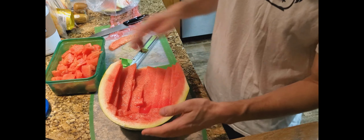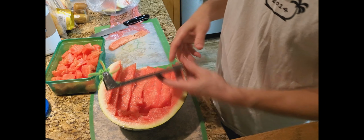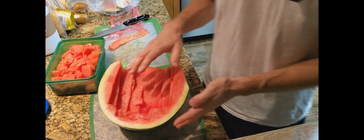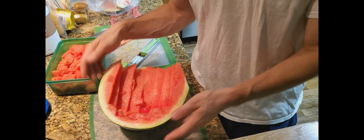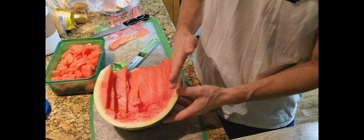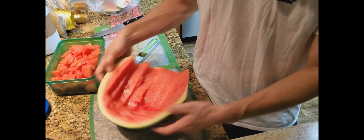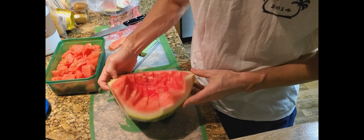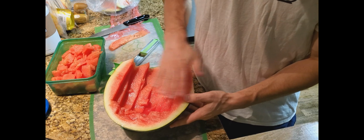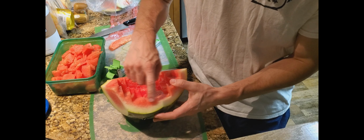So while this makes the guts of the watermelon really quick to cut, if you don't want to be wasteful, and when watermelon is really good, you don't want to waste it, you're going to have to take a knife and cut here and bring this in. You're going to have to cut this with a knife anyway. So if you want to be a pure watermelon eater, you're going to have to use a knife and trim this up, because, as you can see here, we're starting to get to the bottom,